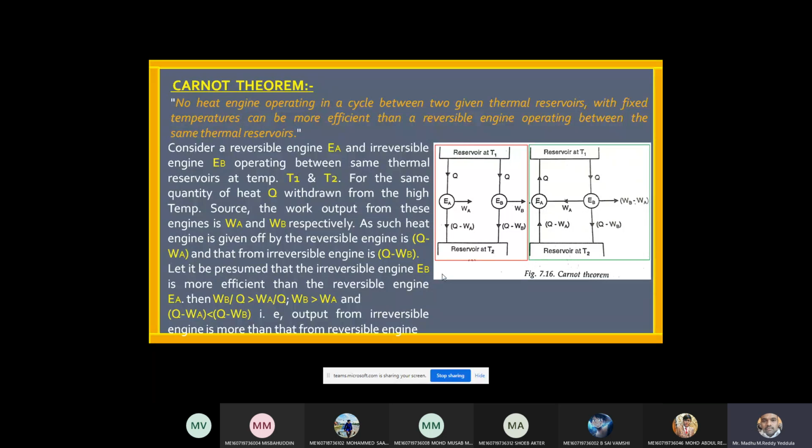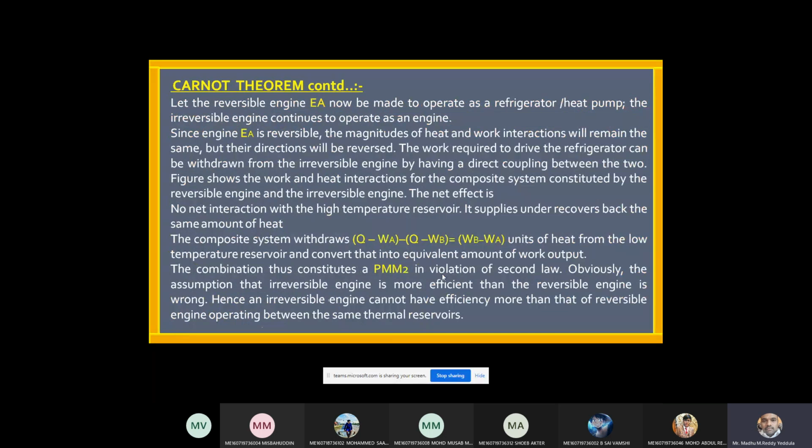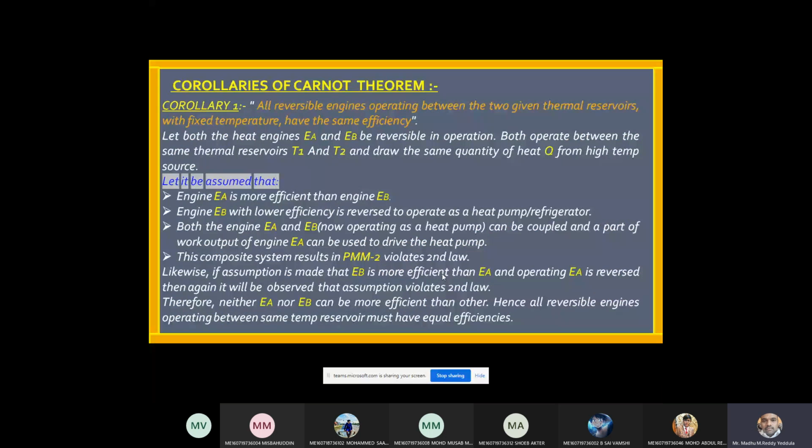No heat engine operating in a cyclic process between the given two thermal reservoirs with fixed temperatures can be more efficient than a reversible engine operating between the same thermal reservoirs. So, meaning that always the Carnot engine efficiency should be greater than any other engine operating between the same temperatures. Okay, right. So here Carnot engine has two corollaries. The first one I already discussed. The first corollary is: all reversible engines operating between the two given thermal reservoirs with fixed temperatures have the same